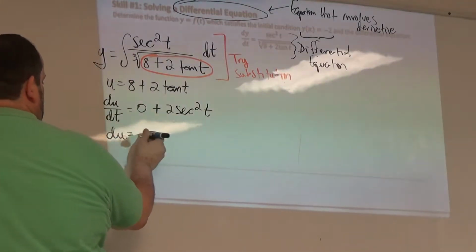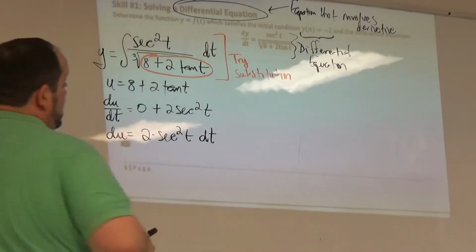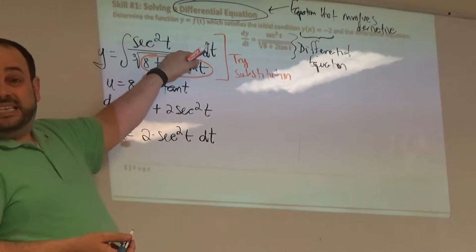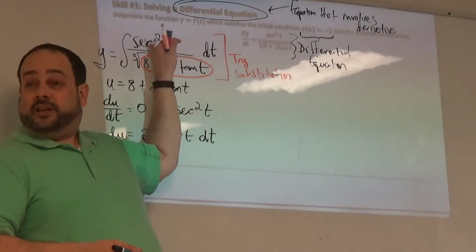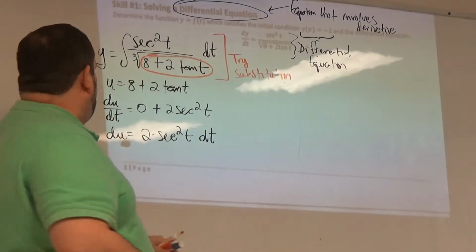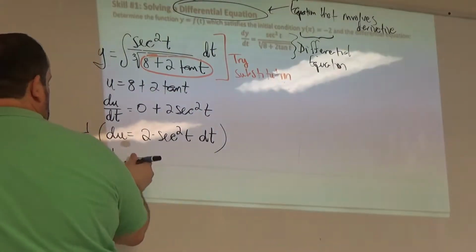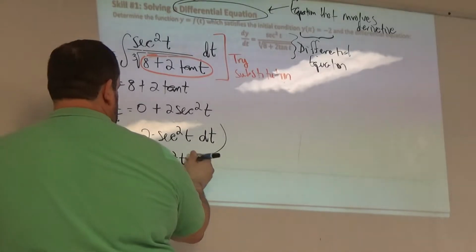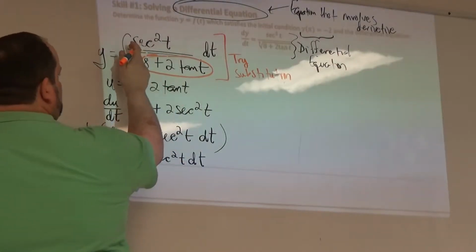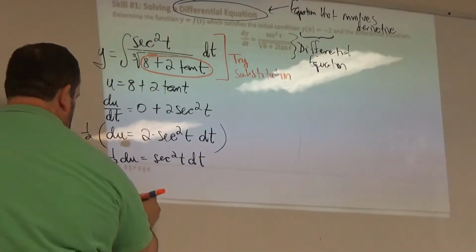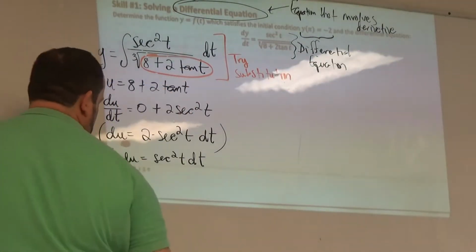Your next move, normally we would do a little multiplication here. So du equals 2 secant squared t dt. All right, I kind of see it. I made a good choice. If that's the baby and that's the derivative of the baby, I can do some rewriting here. Normally you tell me to multiply by a half. So 1/2 du equals secant squared t dt. Great, so my integrand, instead of writing secant squared t dt, is going to be my 1/2 du. Instead of cubed root of 8 plus 2 tangent t,